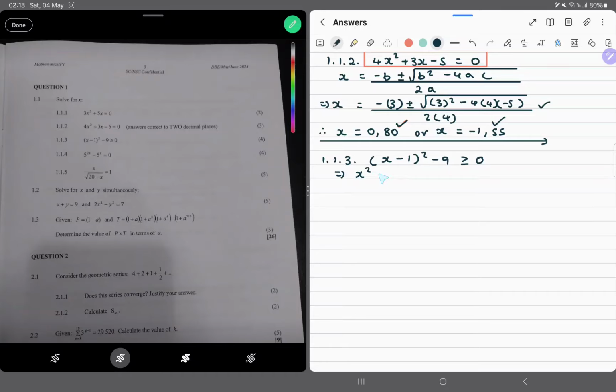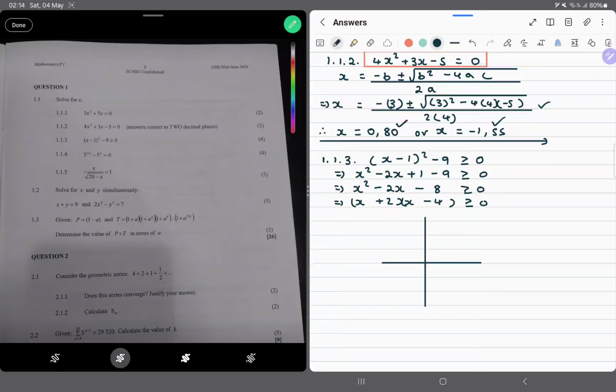So this is going to be x squared minus 2x plus 1 minus 9 is greater than or equal to 0. This implies x squared minus 2x minus 8 is greater than or equal to 0. We can then find our critical values by factorizing. This is minus 4, this is plus 2. Okay, we're not really solving for x, are we? We just want a graph. So we're going to use the graphical method here